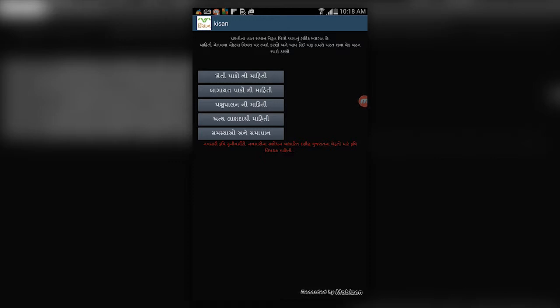Now the shortcut has been created on the desktop, so any user can have direct access rather than going into the menu. Now we will see each type of crop one by one.